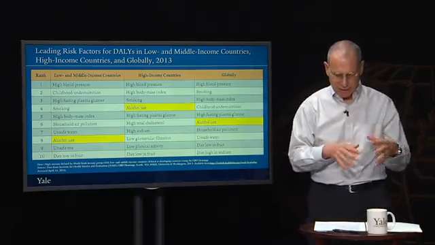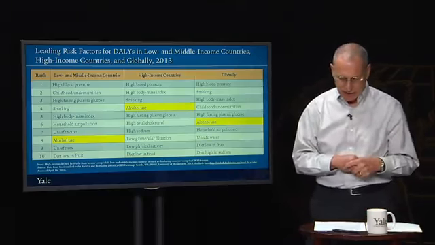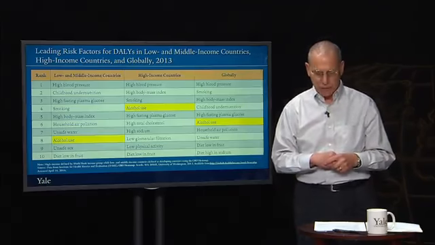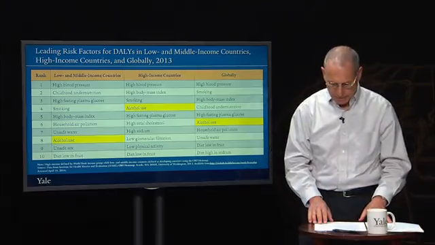When we think about DALYs, it's important to note that about 4% of the global burden of disease as estimated in 2009 was attributable to alcohol use disorders. That would have been the same amount as the burden related to tobacco and hypertension, and slightly more at the time than was attributable to depression.